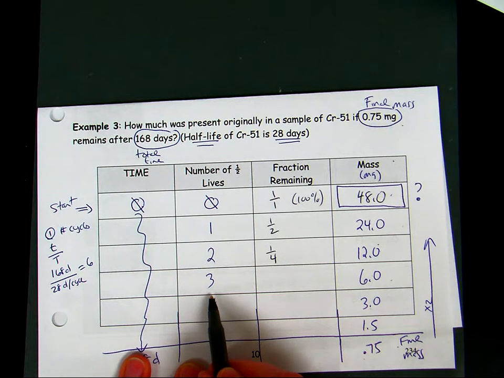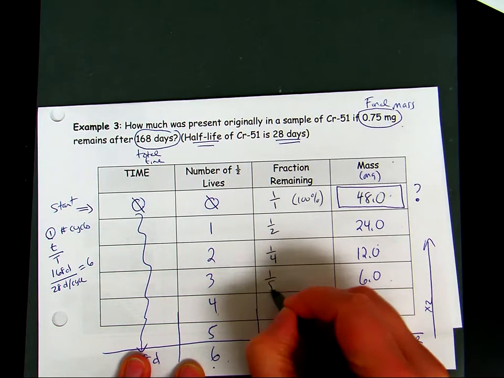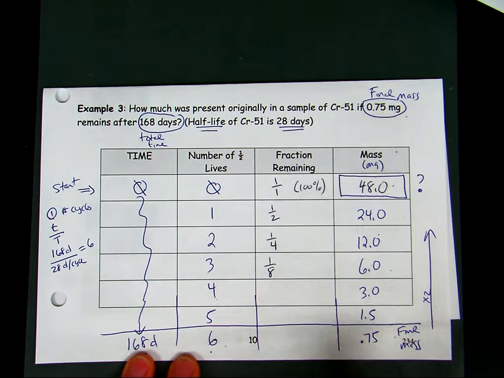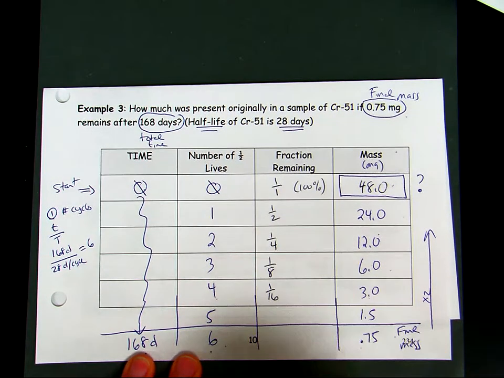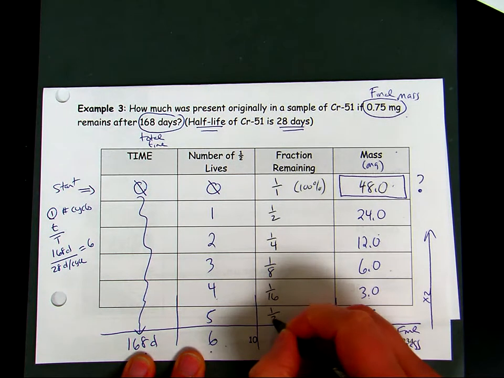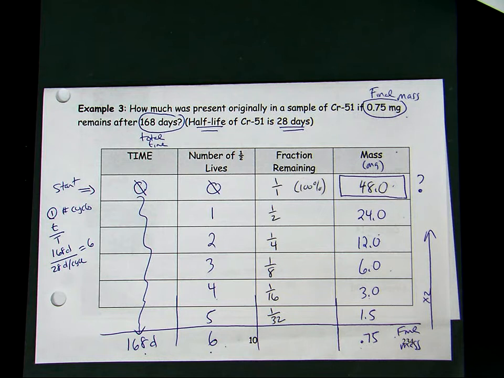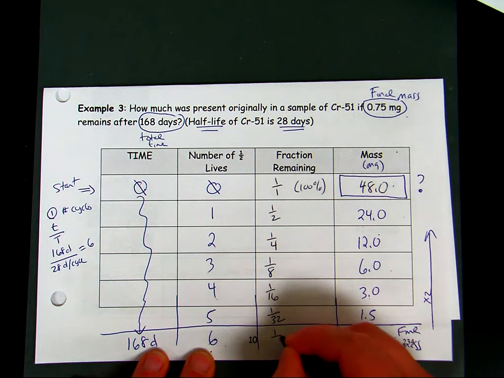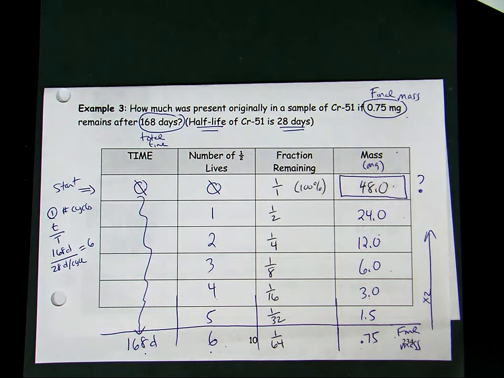The end of the third, it's cut in half again, so that's 1/8. At the end of the fourth, the mass is cut in half again, so 1/16. At the end of the fifth, it's cut in half again, so 1/32. And at the end of the 6th cycle, it's cut in half again, so 1/64 of the original